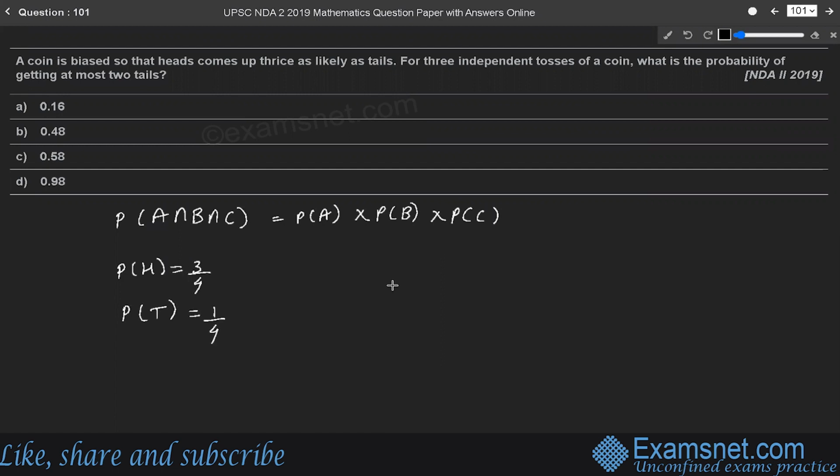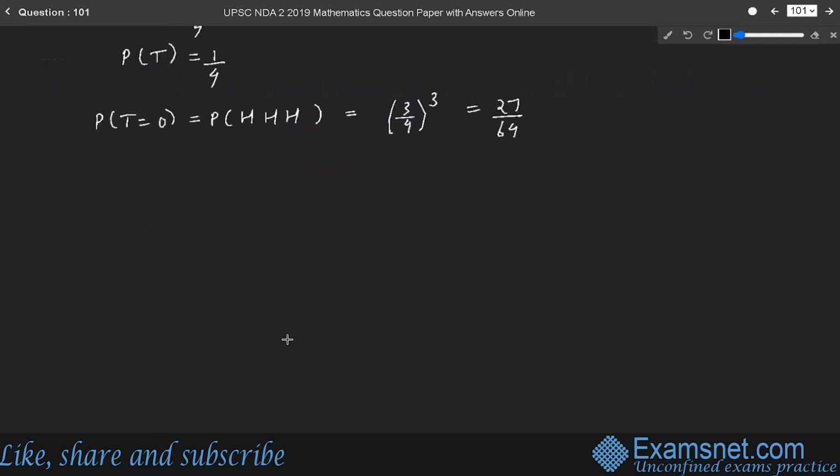Now let t be a random variable for the number of tails for 3 independent tosses. So P of t is equal to 0 will be P of H, H and H, which is equal to (3/4) whole cube, which gives 27 upon 64. Similarly, P of